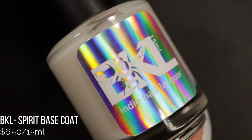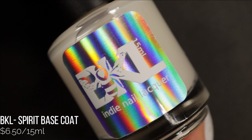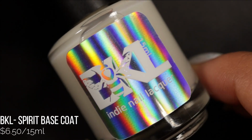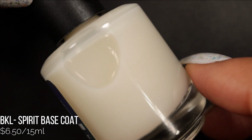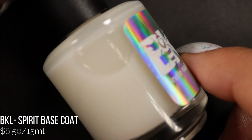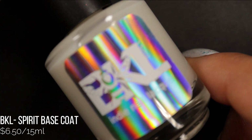And the last milkier base coat that I would consider to be a favorite is one from Bee's Knees Lacquer that just released actually last year. It is called Spirit, and it is a ridge filling base coat. It's another one that's on the milkier side, and I feel like this one especially does a great job protecting